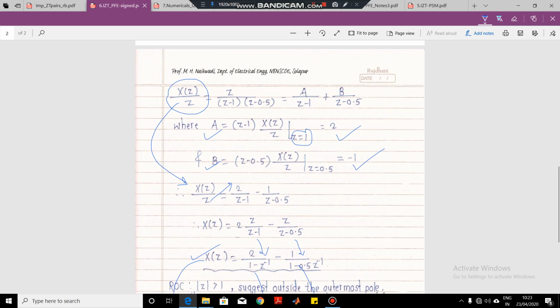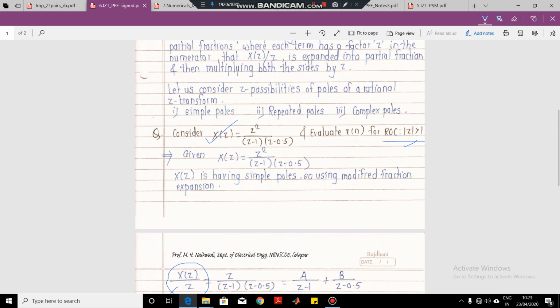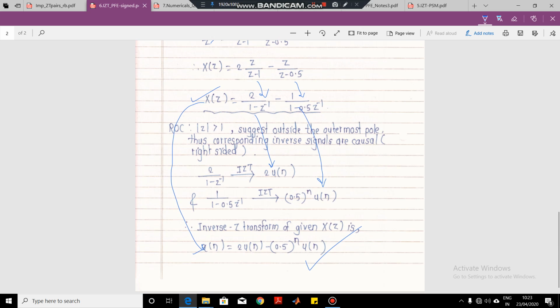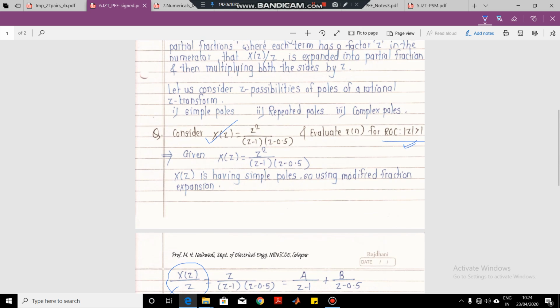So summarizing, what we have to remember here is that whenever a numerical of inverse z transform using partial fraction expansion is asked, you have to be very careful about what type of signals you will be getting. If you see this, our final signal is a causal signal because it is multiplied by u of n, and u of n exists only for positive values of n. It doesn't exist for negative values of n. Hence, this is our causal signal. We have got the causal signal because the ROC is given as mod of z greater than 1. So greater than signifies that our time domain signal will be a causal signal.